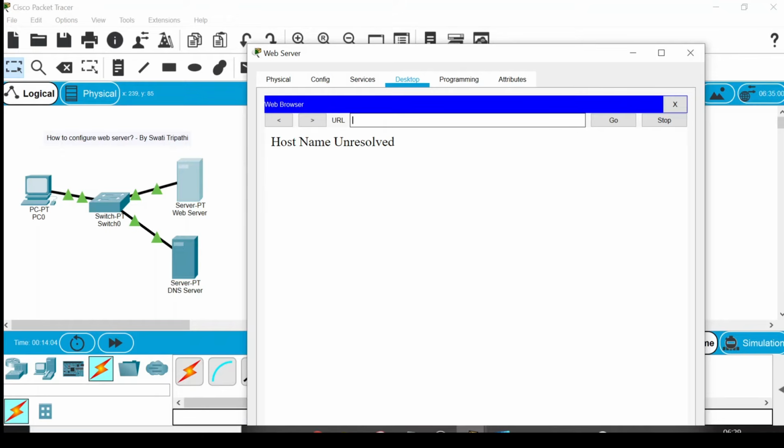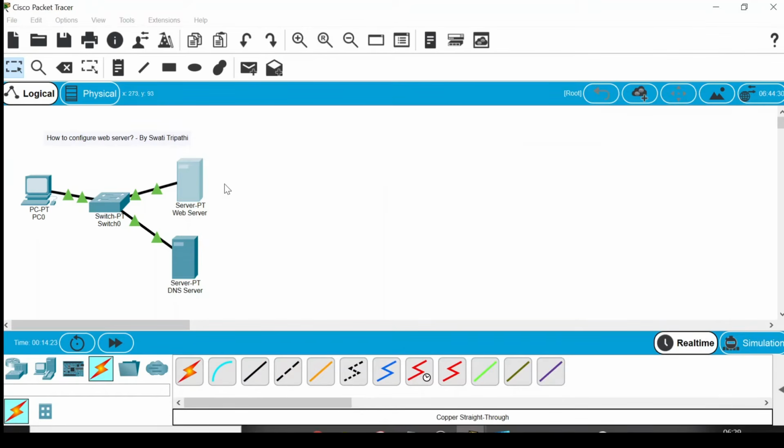So I have to write www.mysite.com, and if I press go, now the website is coming. This is because in the DNS service, the work of DNS is to map a domain name to its corresponding IP address. So this is exactly what the DNS is doing here, and the web server is containing the website.